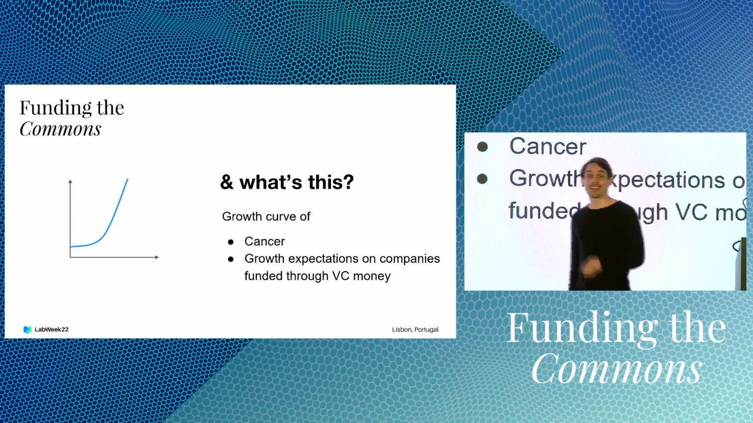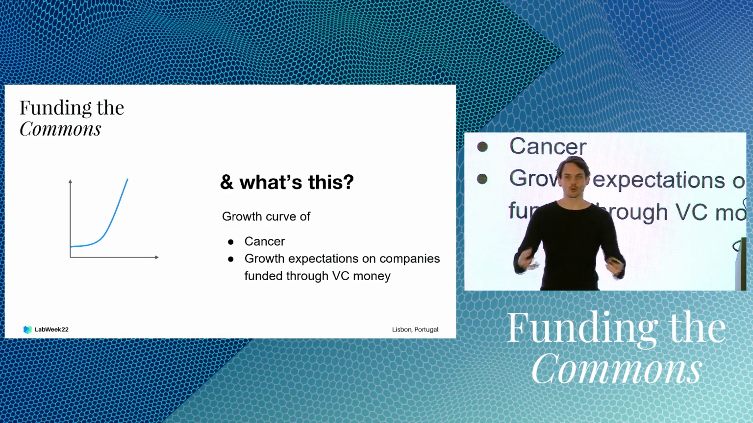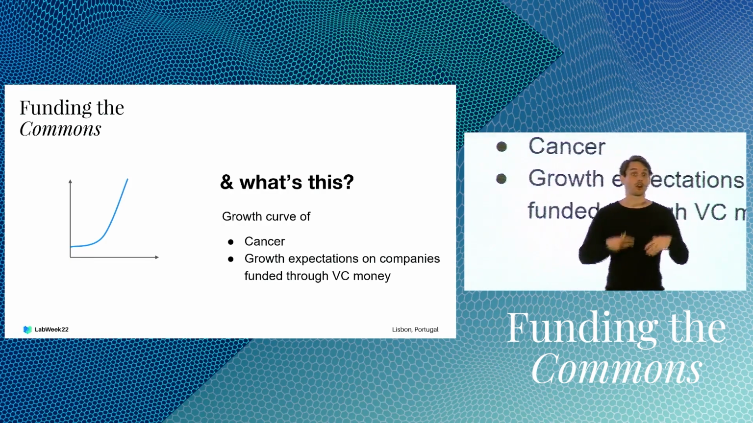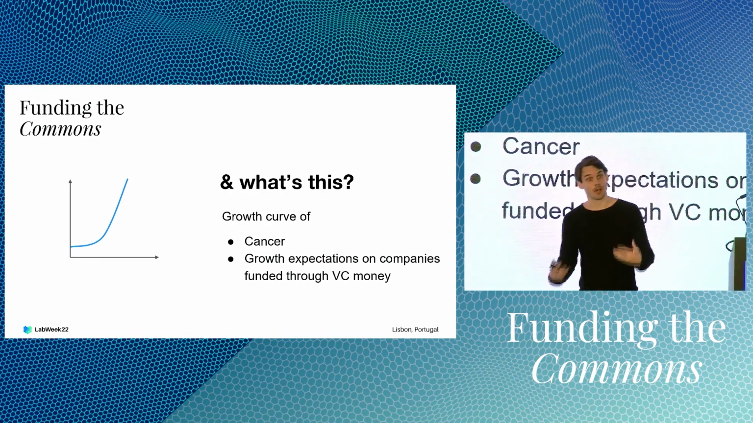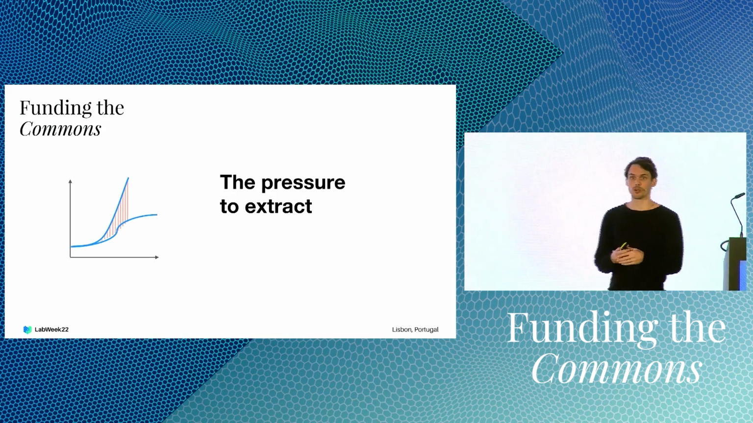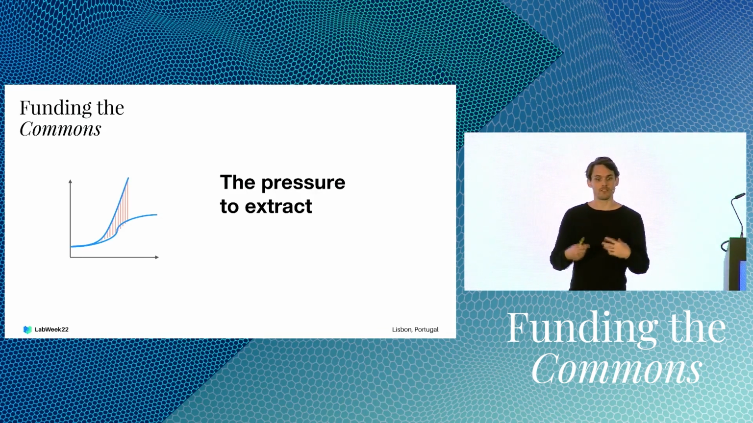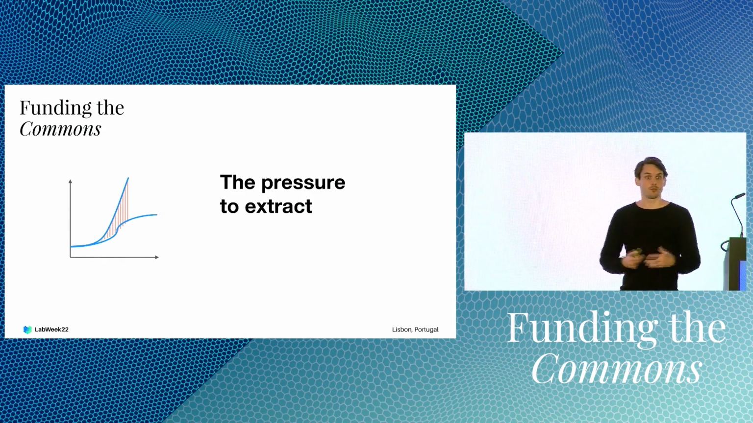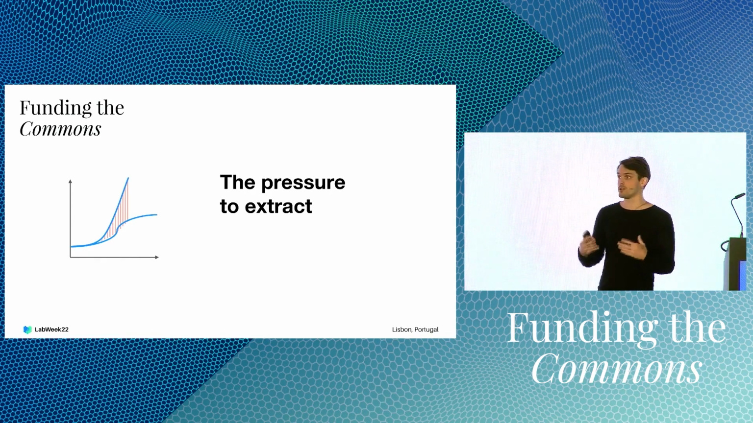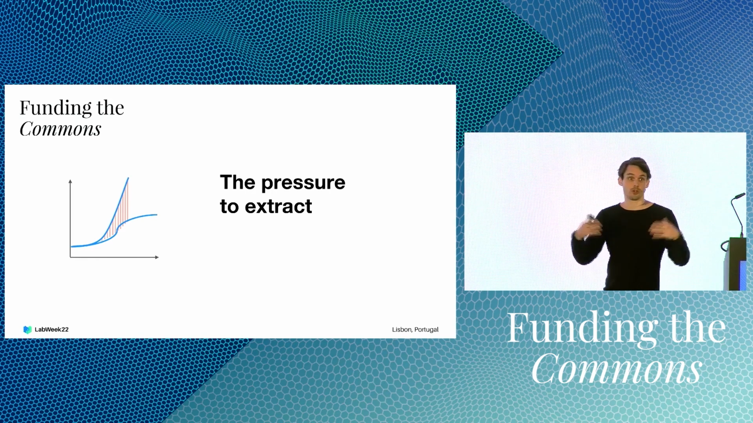All right. So this is the growth curve of cancer. Essentially, it's an organism that will continue to grow until it kills its host. And it's also the growth expectations that our current economic incentives impose on companies. If we look at the difference between those curves, it roughly expresses the pressure that a company feels to extract, because at some point it will just naturally need to grow beyond its own natural growth limit as the incentives for growth continue to be put on the company's